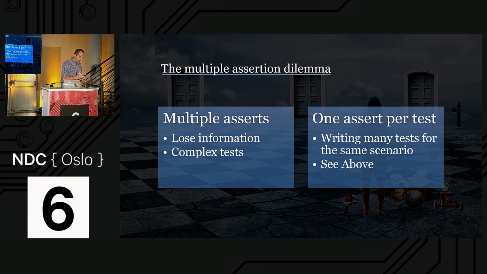Now, in the unit testing world, we have some dilemma. Usually when starting to write unit tests, we don't understand the problem, but then something bad happens. Whether or not to write multiple asserts. Ever heard about the single assert per test rule? Anyone? Okay, yeah. I couldn't find it. I Googled for it for days, and no one ever called it the single assert rule. There is, I guess, no such thing.